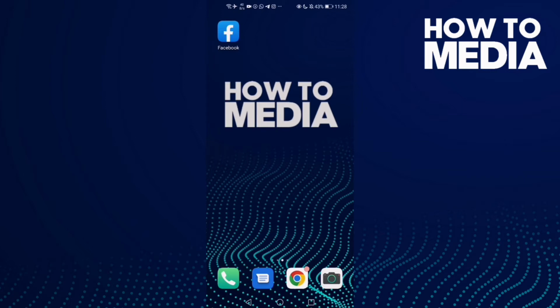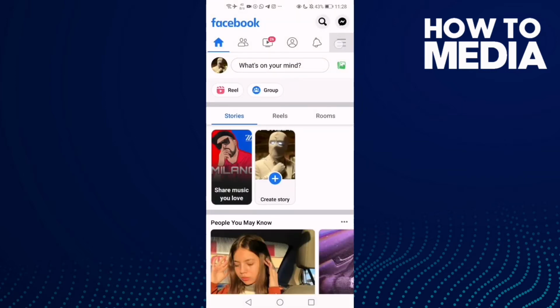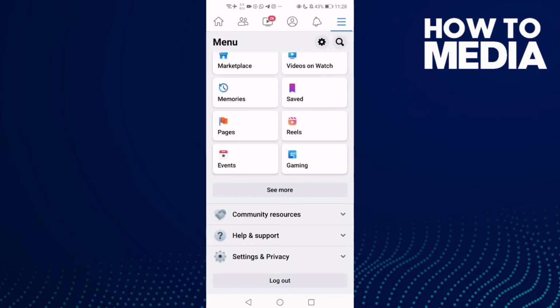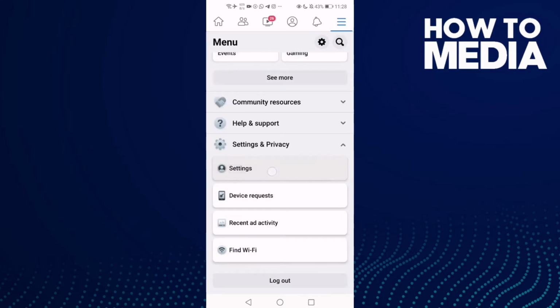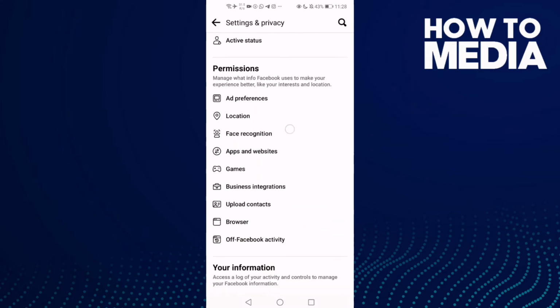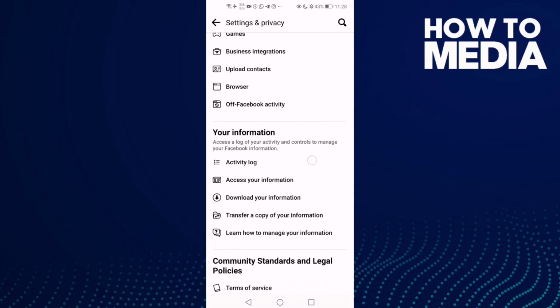First thing we're gonna do is go to Facebook and then click these three lines here and go down until you find settings and privacy and then click settings, and now go down again until you find this one, activity log,